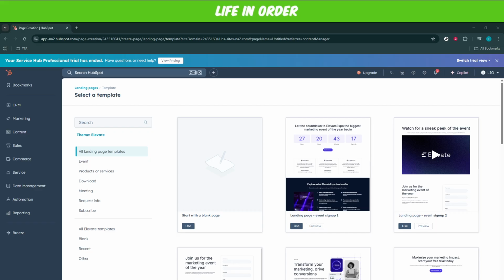For those looking to distribute downloadable content, simply click on Download. This template will guide you through presenting and managing downloadable files for your audience, making it easy for them to access and engage with your content. Those aiming to manage meetings will want to select the Meeting template. Perfect for scheduling and organizing meetings, this template includes several built-in features that help streamline the process of coordinating with